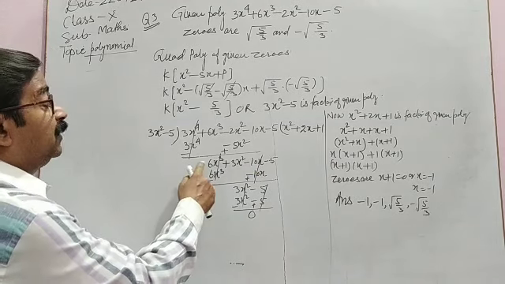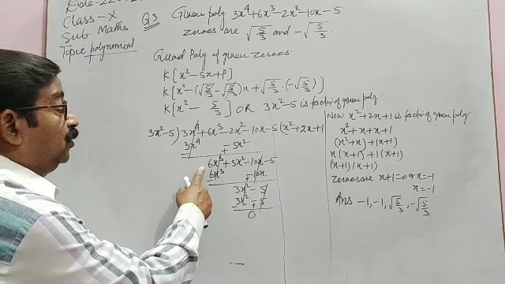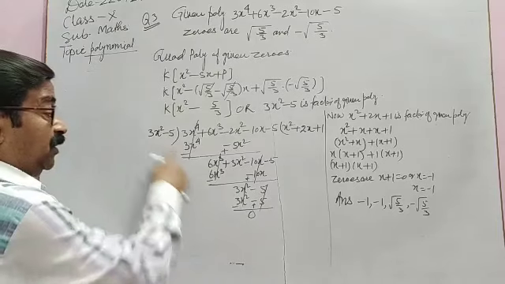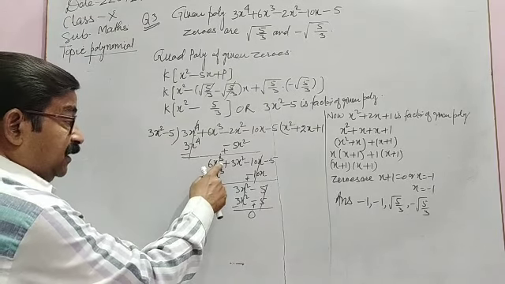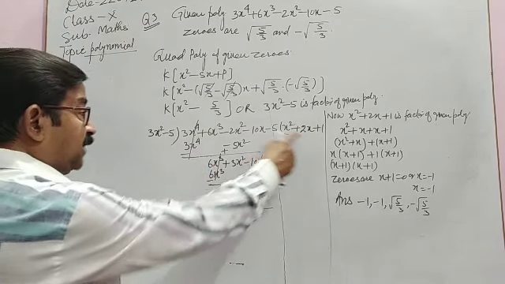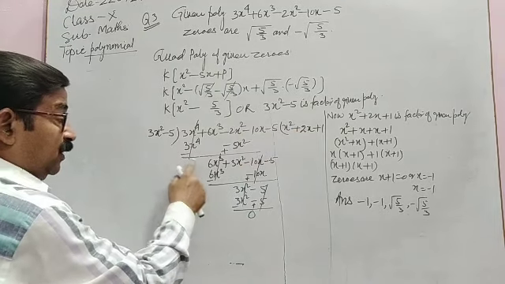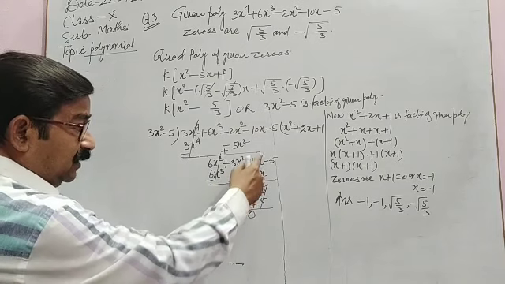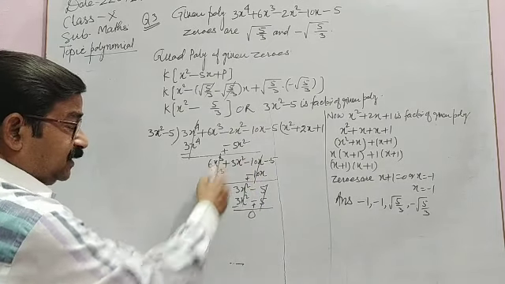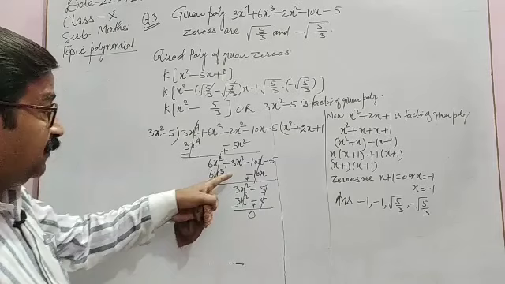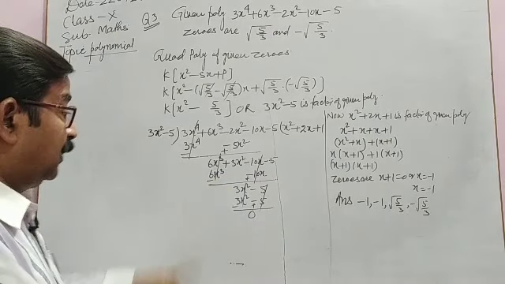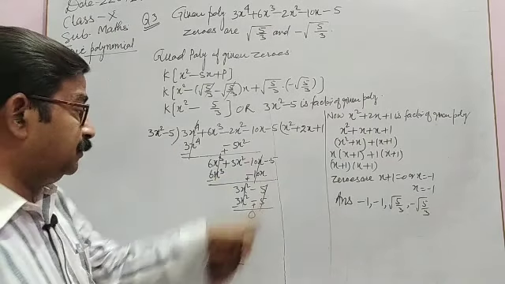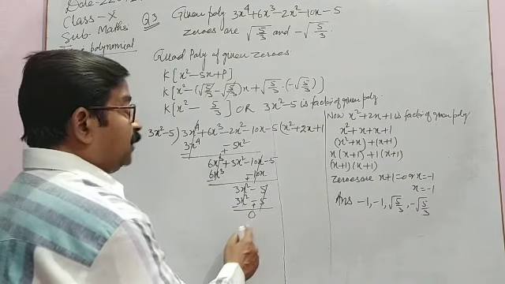Now here we have 6x cube, here we have 3x square, so 3 2s are 6, and this degree is 3, so x times, so 2x times. 2x into 3x square is 6x cube, 2x into minus 5 is minus 10x. Change the sign, this time 10x and 6x cube will go. What is left? 3x square minus 5, one time, so remainder becomes 0.